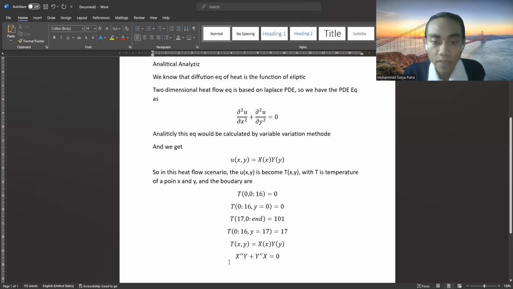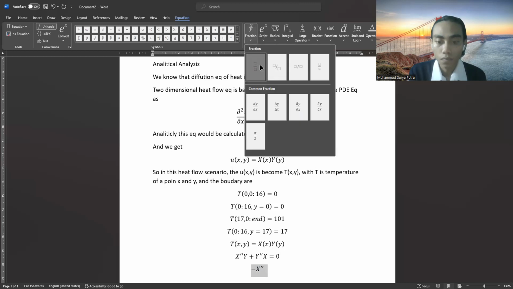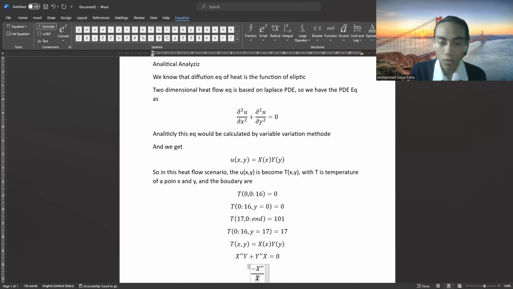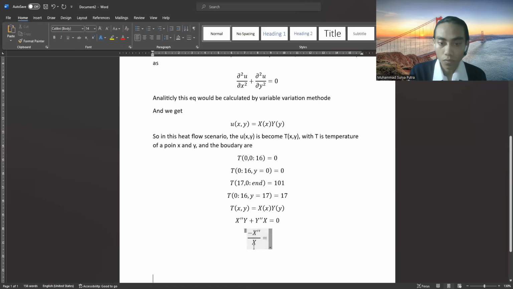So we can get the equations of this. Yep. This is the x1 equals to the y1, the second derivative of y divided by the function of y